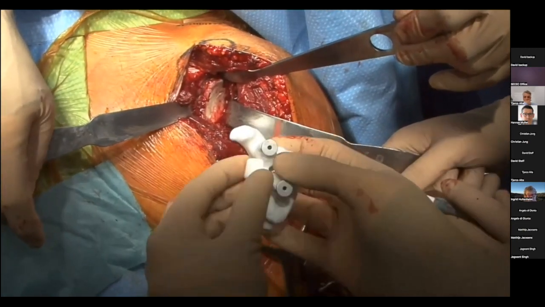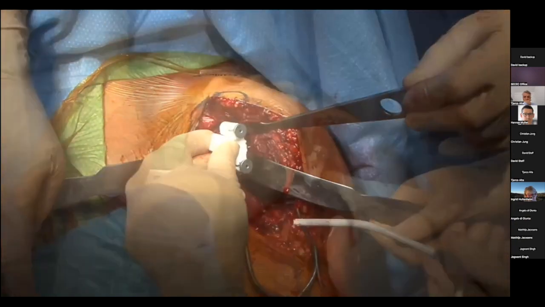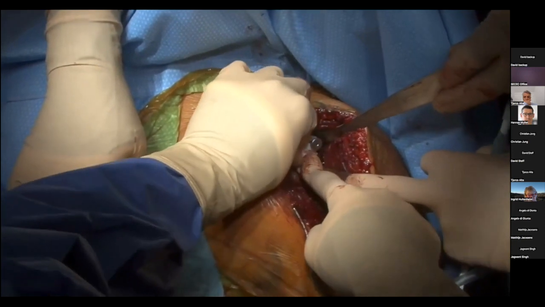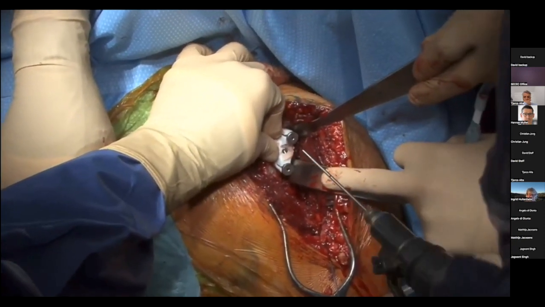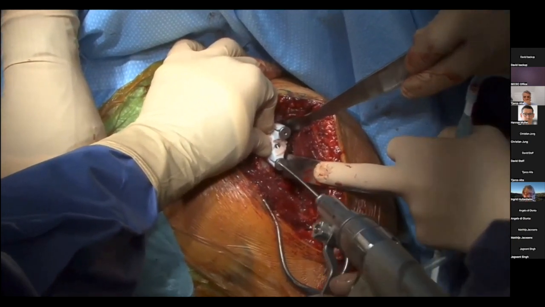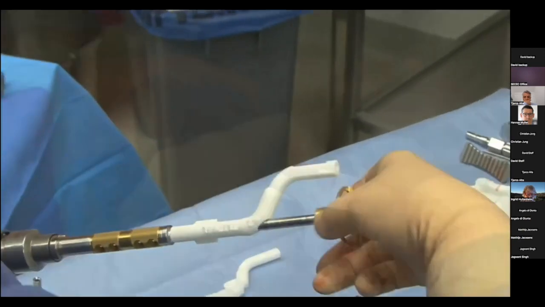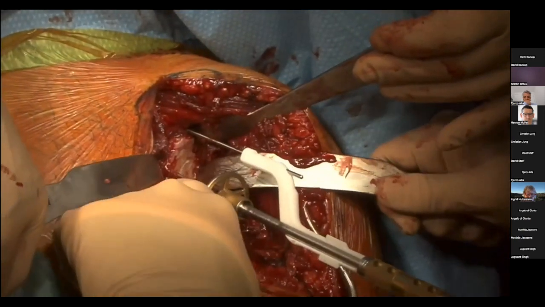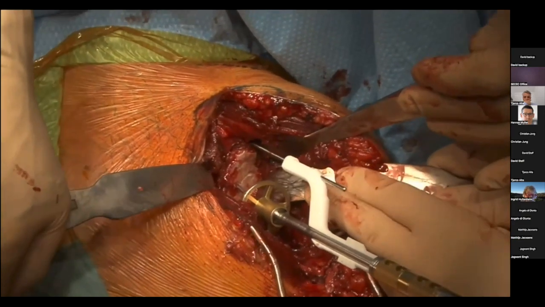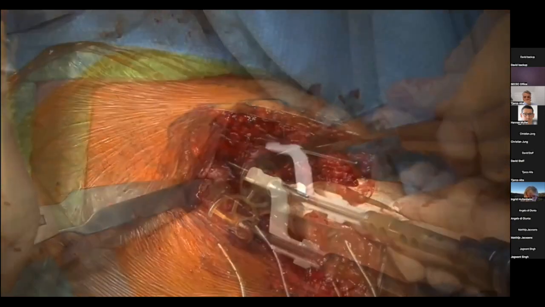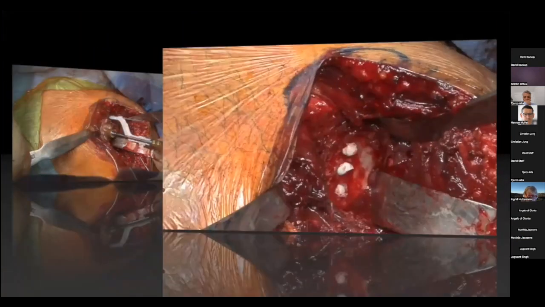These are guides that are 3D printed and are available for the surgeon during the surgery to finally execute exactly what he has planned preoperatively. This is the first guide that helps to find the central axis of the glenoid, and then the second patient-specific guide helps the surgeon to correct the deformity using a reamer that helps him exactly take away the bone